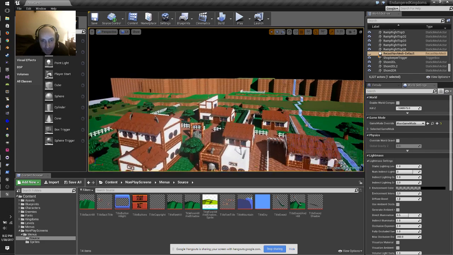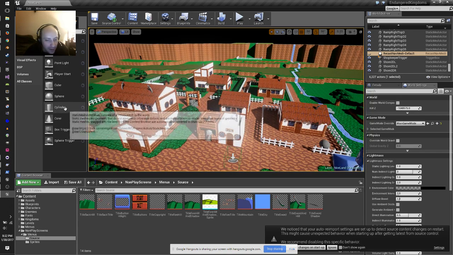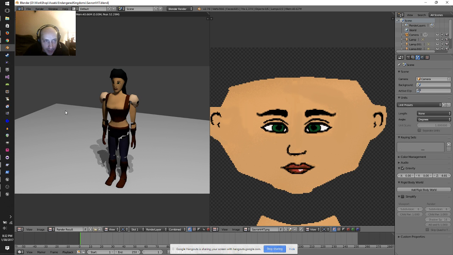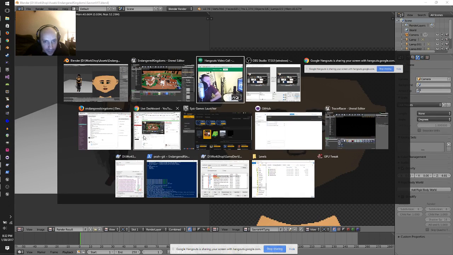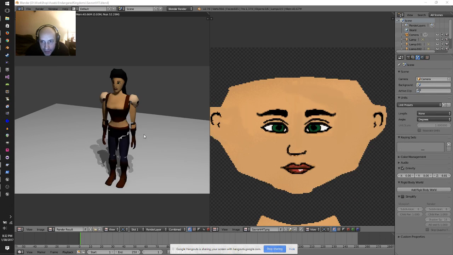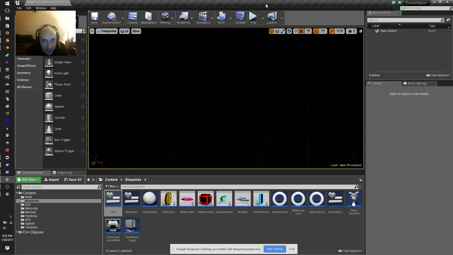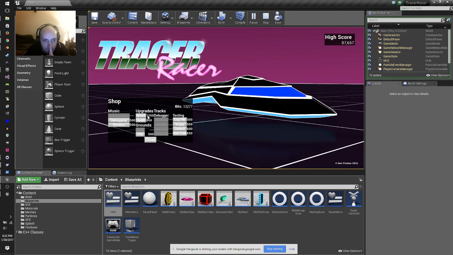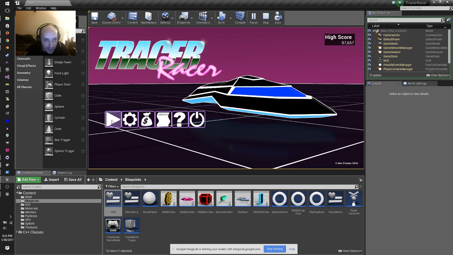But yeah, the Let's Dev was going to be me doing something. I was going to show, okay, here's the mesh. I need to put bones in, and then do animations and whatnot. And then the other thing was Tracer Racer. We wanted to do coins, so we'll look at how many coins we have now. Just 1,3,277. And then we'll play through once.